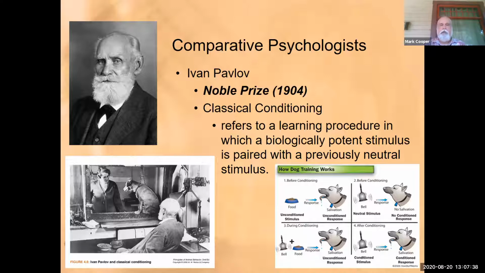And so the idea behind this is you have an unconditioned stimulus and an unconditioned response. So what they did is show the dog food. That food would actually cause the dog to salivate. And then what they did is also introduce a bell, and the bell had no association whatsoever. So they ring the bell, the dog would do absolutely nothing. And then they started conditioning.